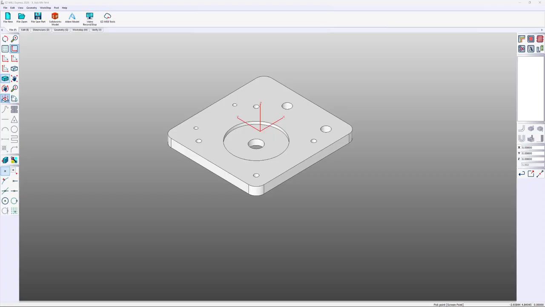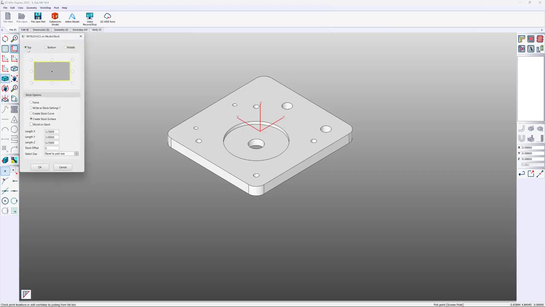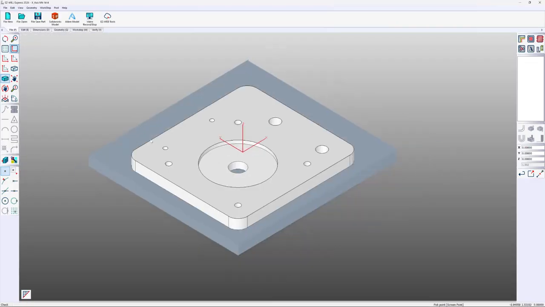We'll go to World on Model. We'll pick the top of the part for our coordinate system placement and our tool touch off in the center of the plate, and we're going to create the plate using create stock surface. Now, the perimeter of the part, the X is 3.25. We're going to add an inch and 3 inches on Y, and we'll leave the Z at 1/4 of an inch. There's a sub plate so that we can drill into for the through holes and for the outside contour.